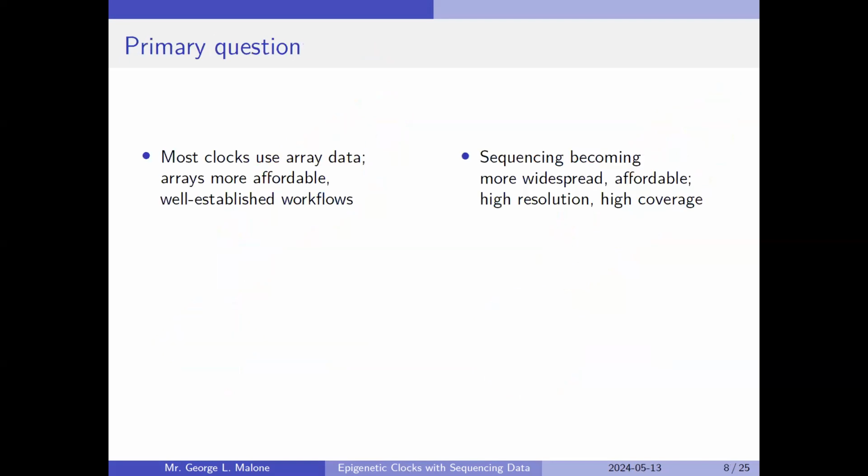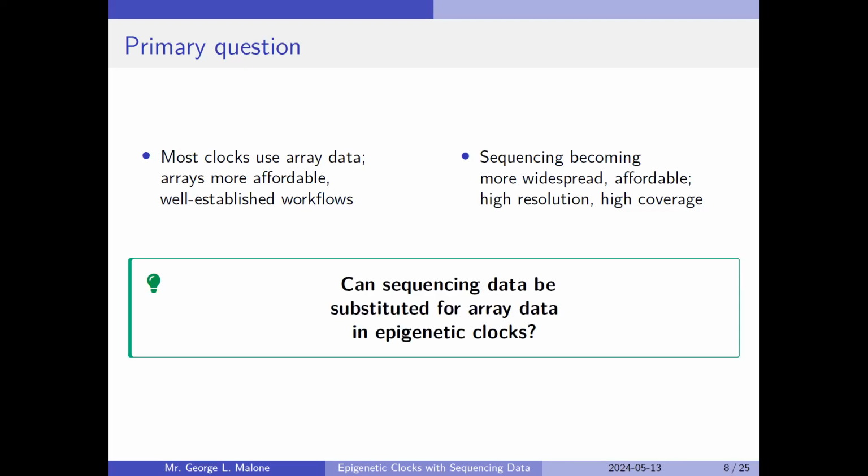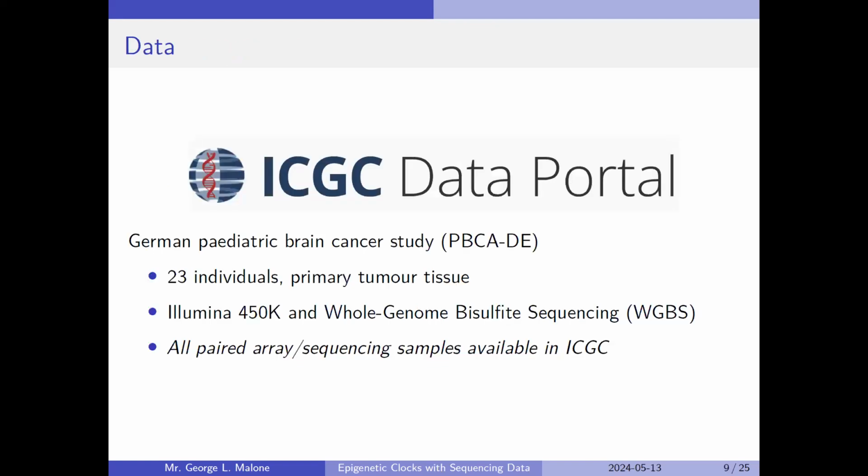So most epigenetic clocks are trained on array data using a particular method, but sequencing is becoming more affordable and becoming more popular because these sites that are outside the range of 6 sites. So, can sequencing data be substituted for array data in array-based clocks? A primary question. For this one, of paired data, we have